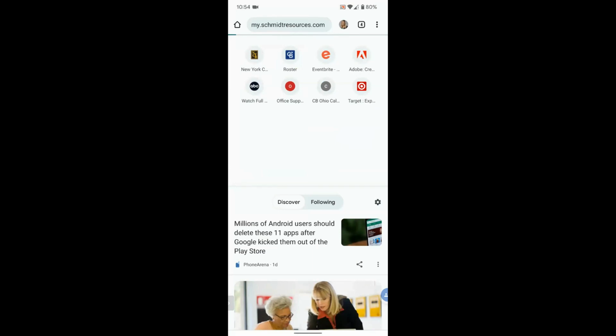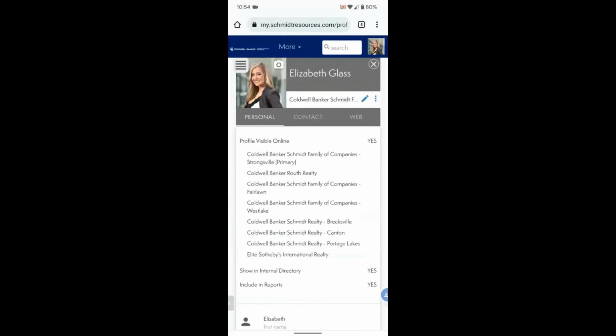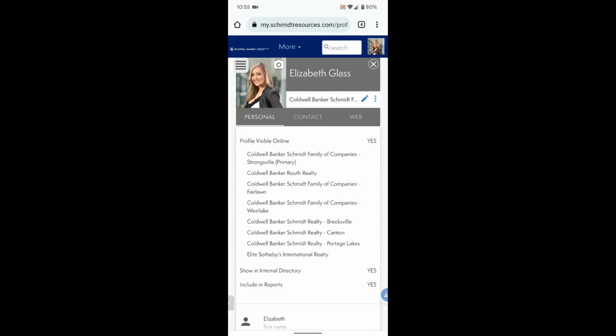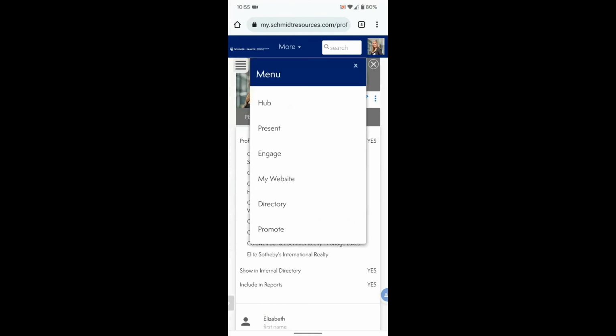It's very simple in the fact that it lays it out in the same fashion as it is on your computer, but it just changes the size to match your phone so you're not pinching and maximizing. To navigate within my account where it loads automatically, next to my photo on the left, there is a menu option that lets me see the My Account section. I covered that on a previous Moxi Monday, so if you take a look at that, it will show you how to navigate that. Today, we clicked on the More option at the top, and we got ourselves into Moxi Present,